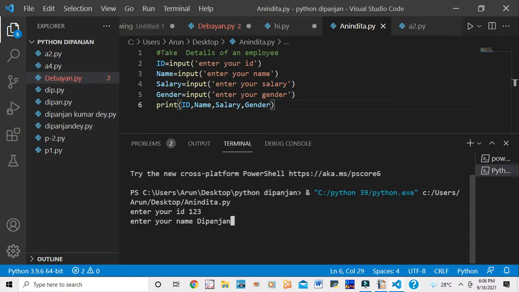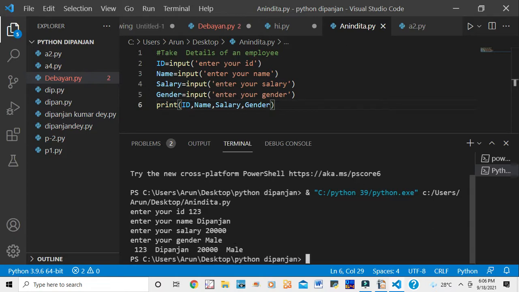That is Dipanjan. Then enter your salary, say 20,000. Then enter your gender, that is male. So now enter.